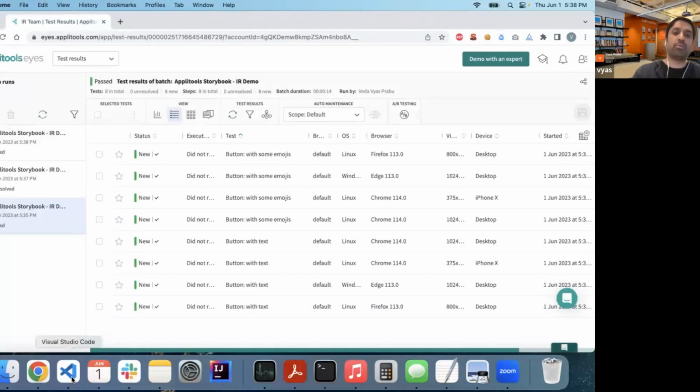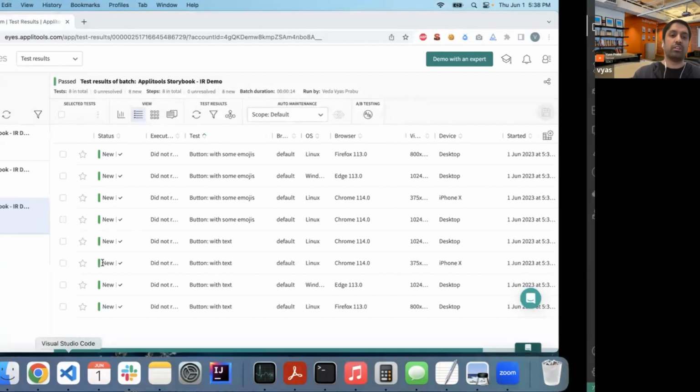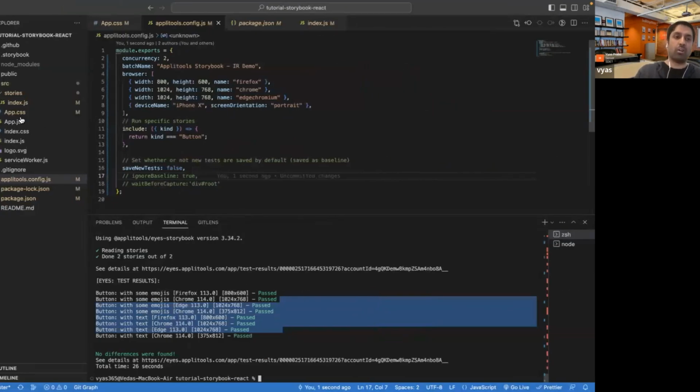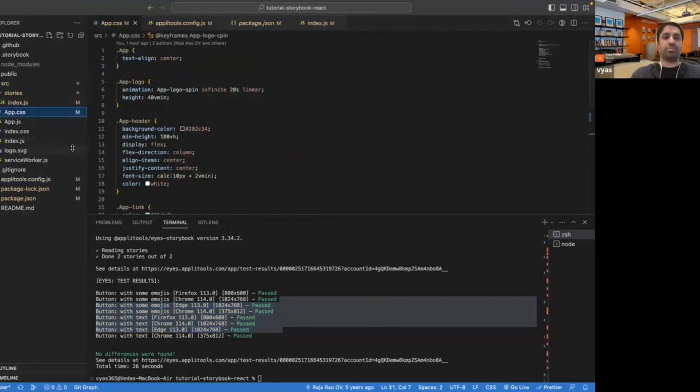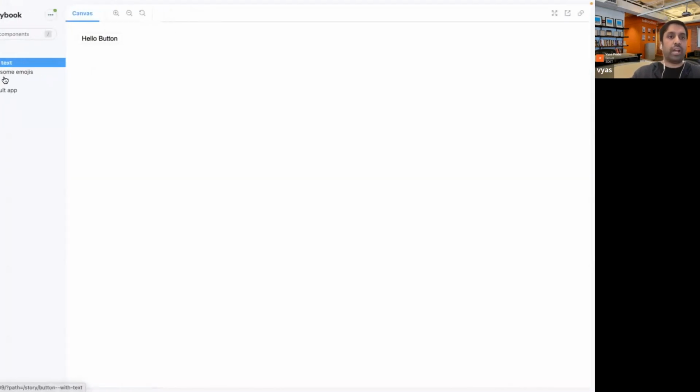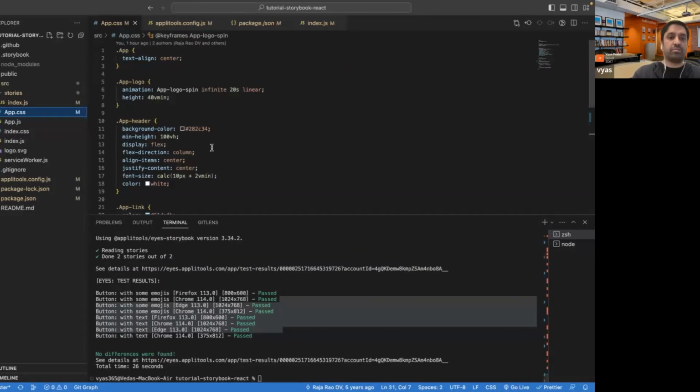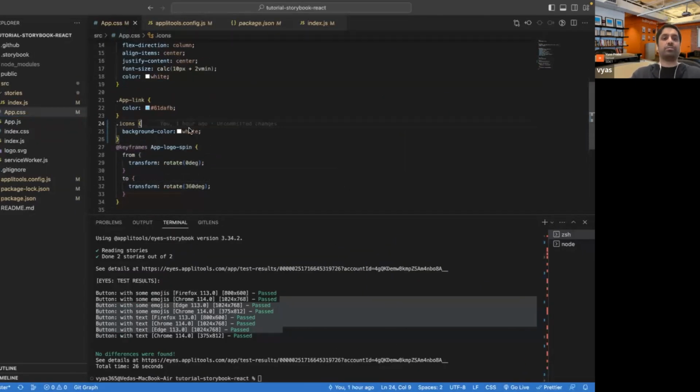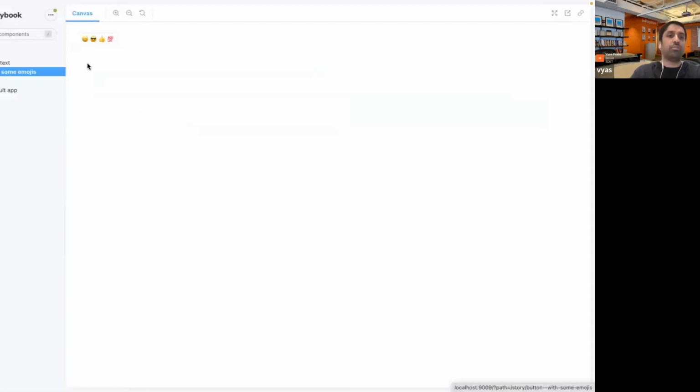Now I'm going to run a falsy test. I'm going to intentionally change styling for a certain icon. And before we even run the test, as you can see in Storybook, I have this button with some emojis. It's white in color. What I'm going to do is change the background color to blue just to run a falsy test. So if I change the CSS value to blue, now if I flip back to Storybook,